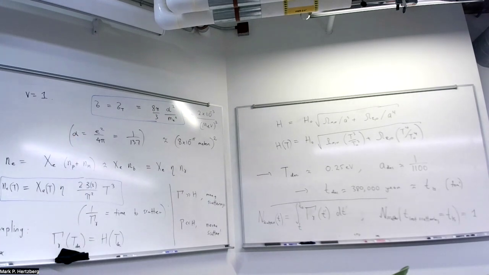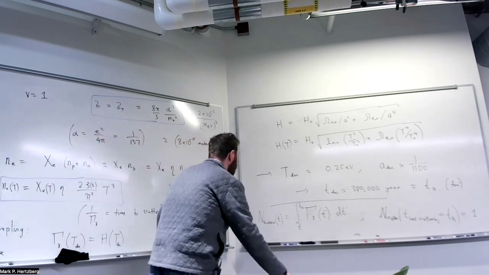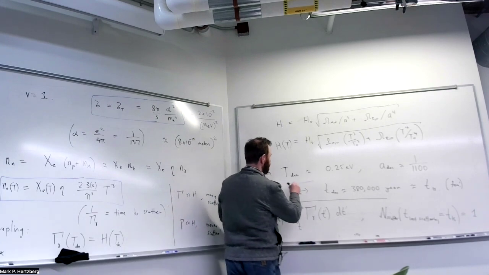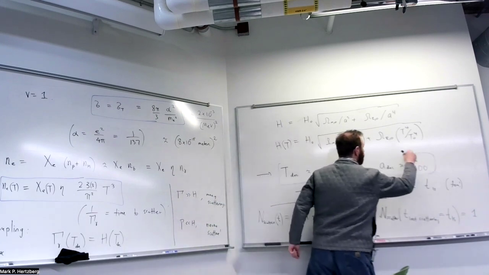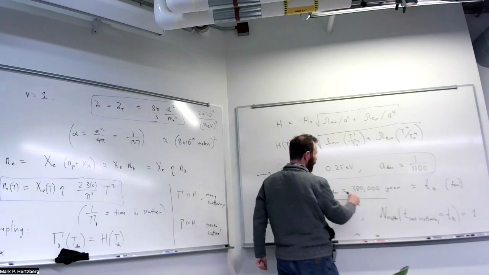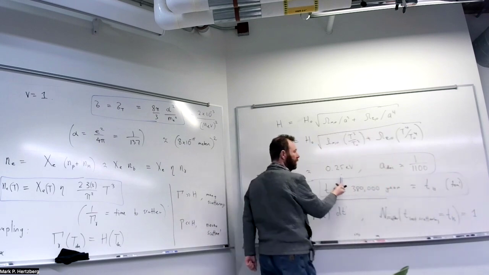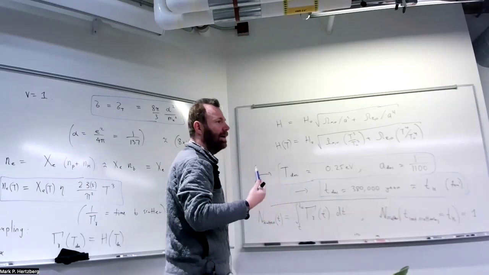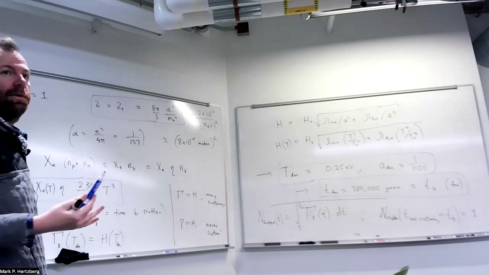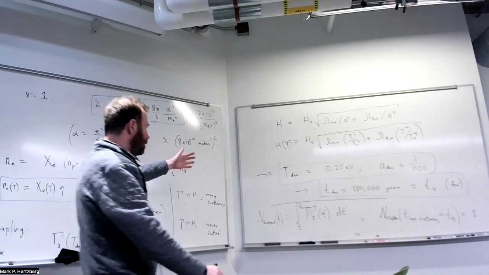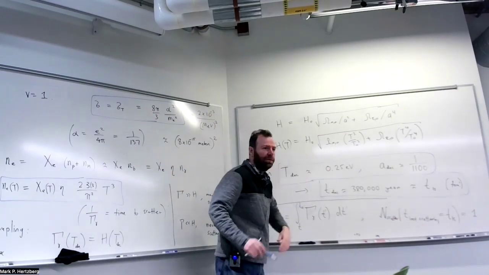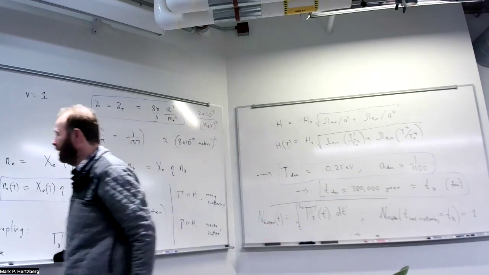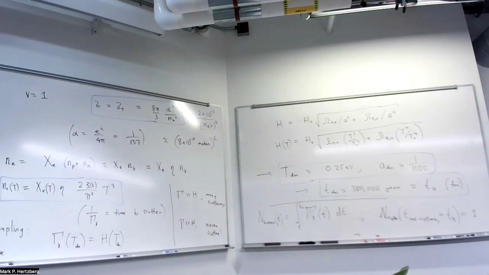What I should say is that the 0.25 eV that we get out of this little analysis is indeed in the ballpark of the 0.32 eV when the universe was half neutral. That was defined as the time or temperature of recombination. Going from 0.32 eV down to 0.25 eV doesn't sound like much, but it actually does matter. If I go back to our plot of x versus time or temperature,